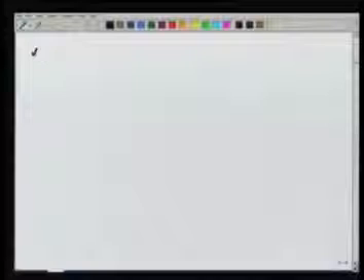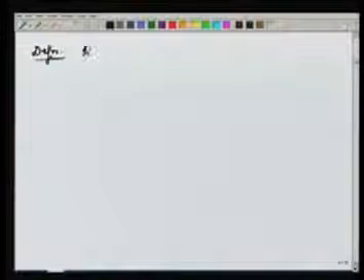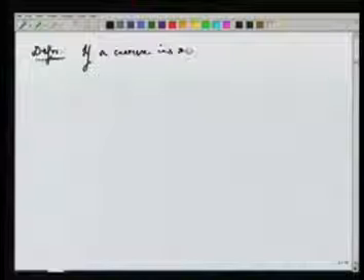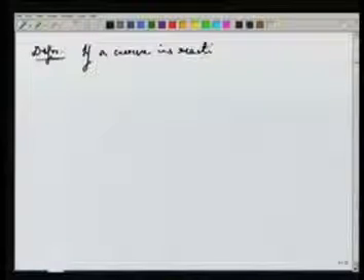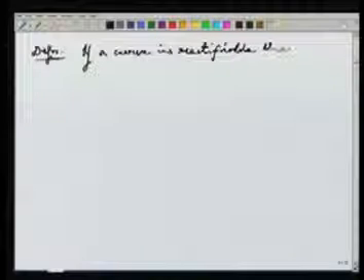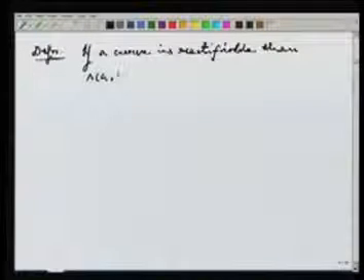Now, if a curve is rectifiable, I will make another definition. If a curve is rectifiable, then the length of the curve, which I will denote by lambda AB because its parameter space is AB,